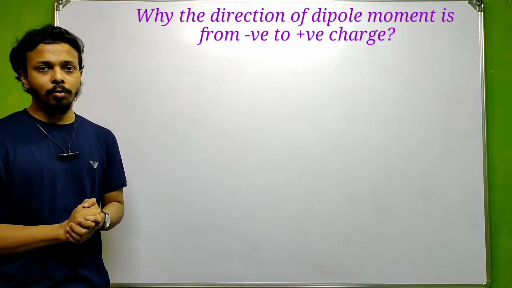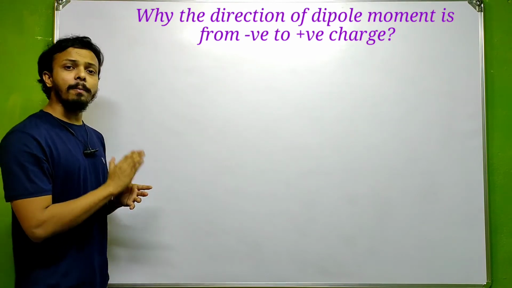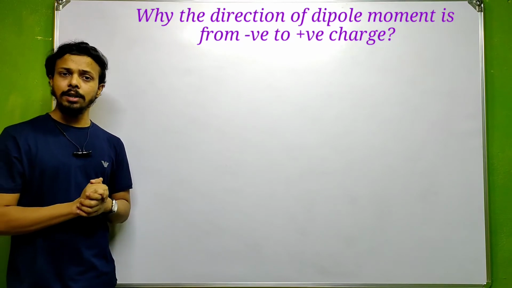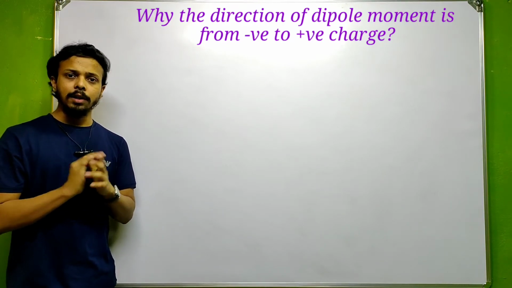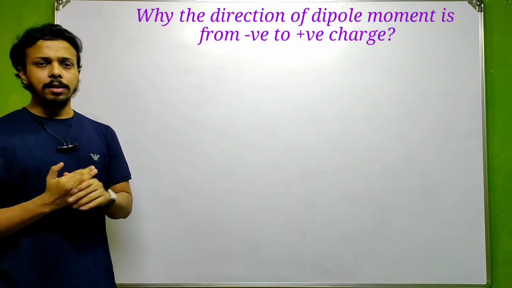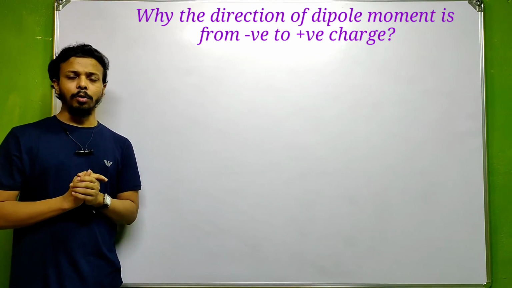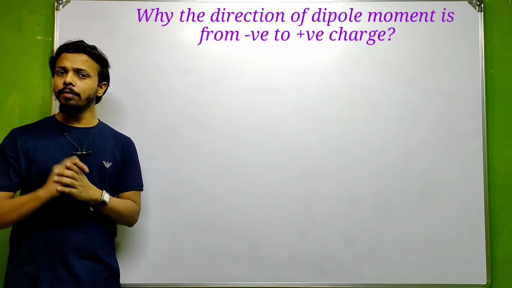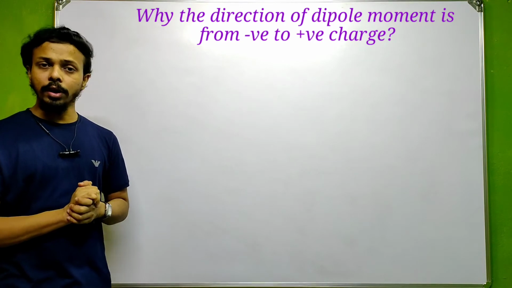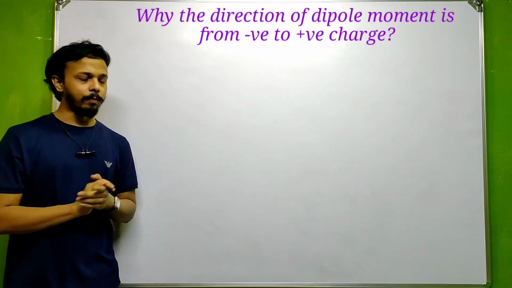We'll have the answer to this: why am I taking the electric dipole moment from negative to positive? I have the answer for this, and it is quite simple. Basically, some standard is referred to here to get the direction of the electric dipole, which is from negative to positive. And what is that standard reference? It is a simple one.